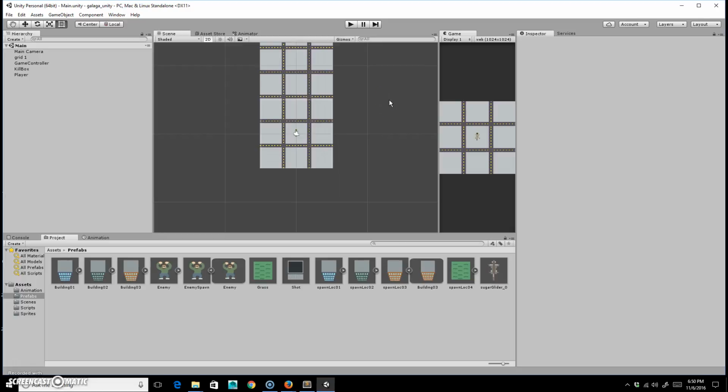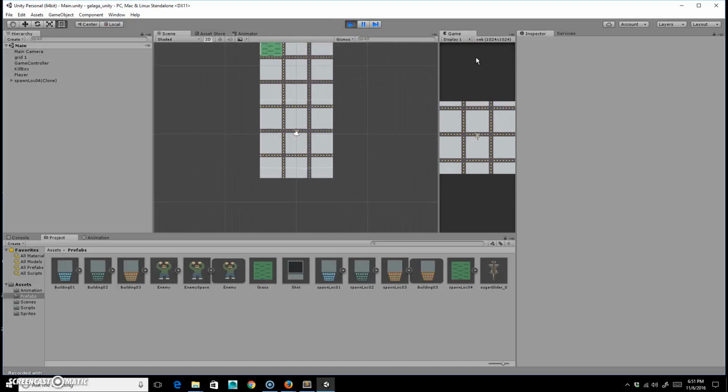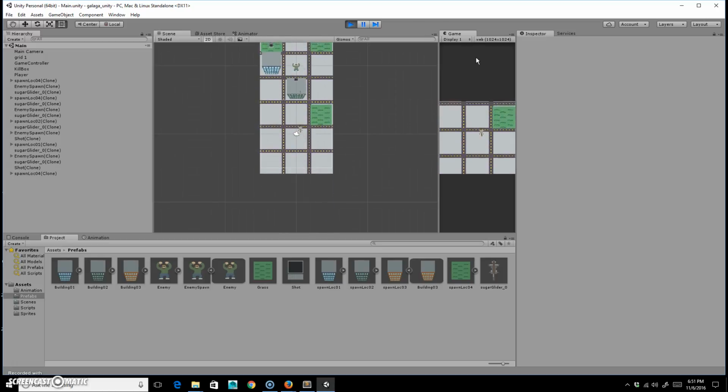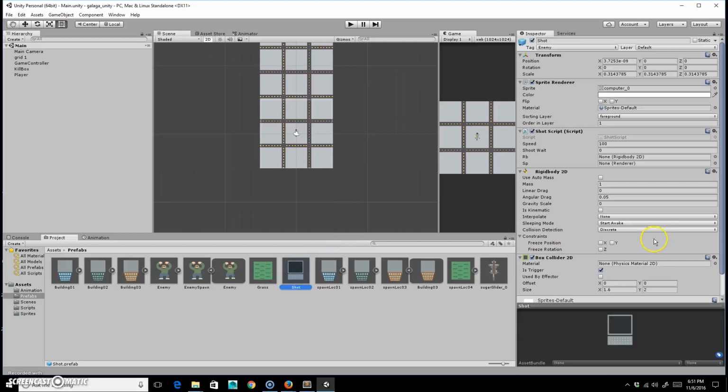Alright, so we are going to continue on with the Galaga style game. If I hit play, you can see basically I have this thing going, and it's a thing. Hooray. One of the settings I had before that I ended up taking off was, if you select the shot, you'll see that on shot shoot weight, I think I had like 2.5. Switch that to 0. It works a little bit better actually, because the enemy